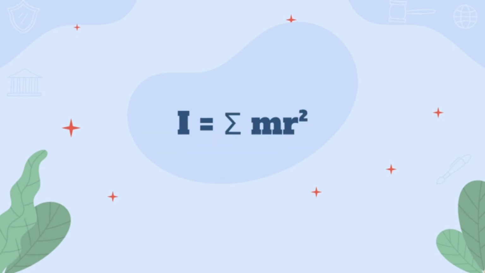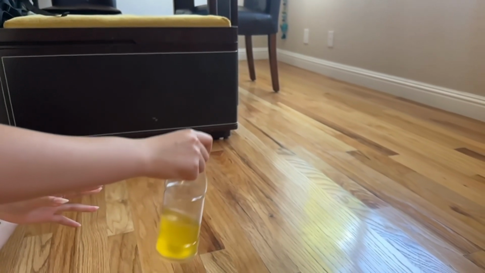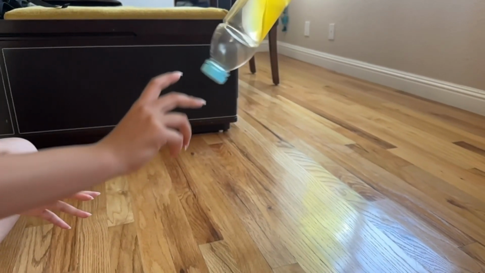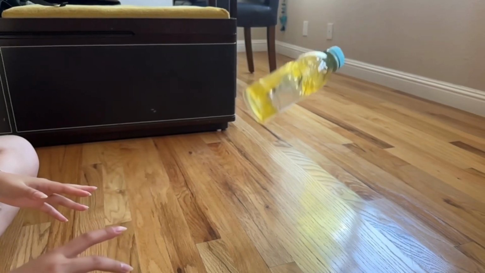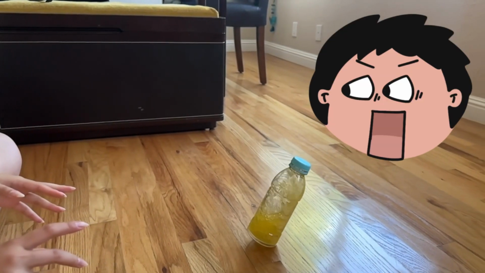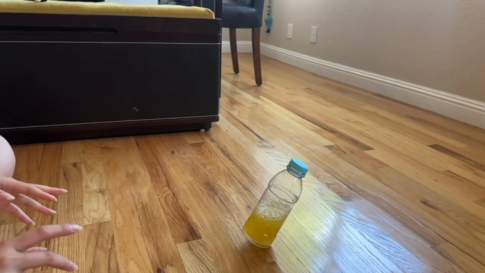Now, let's talk about moment of inertia, which tells us how much an object resists changes to its rotation. It's not just about how heavy the bottle is, but where the mass is located as it spins. Moment of inertia is equal to m times r squared. When the bottle is filled to around 1/3, the water is concentrated near the bottom. This keeps most of the mass close to the center, which means a lower moment of inertia and a faster